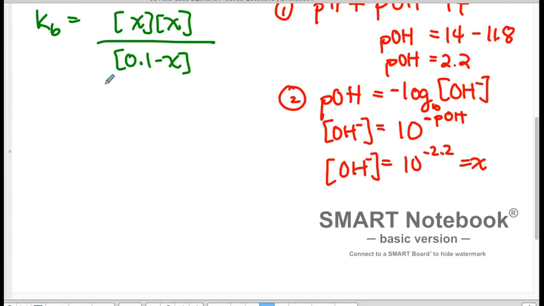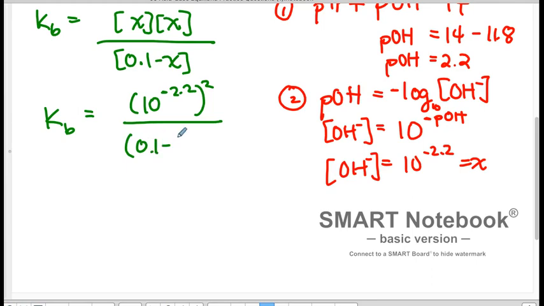We can go back to our expression to solve for base dissociation constant. X times X is X squared. So I'm going to put 10 to the power of negative 2.2 squared divided by 0.1 minus 10 to the power of negative 2.2. Our Kb is equal to